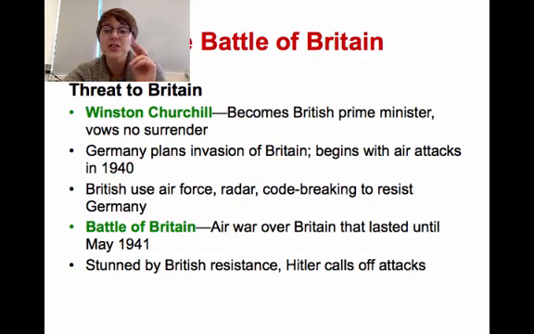Now, because of two different machines or inventions in World War II, Britain was actually able to counteract these attacks. So the first thing is that they used this thing called radar. Now, you probably have heard of radar. It's a way to track from a distance airplanes that are coming in, okay? The second thing that they have is a code breaker machine. This is called the Enigma. This means that any secret German message that is being sent out, the British can decode using the Enigma. These two things helped Britain, I wouldn't say defeat Hitler and Germany, but stop Hitler and Germany